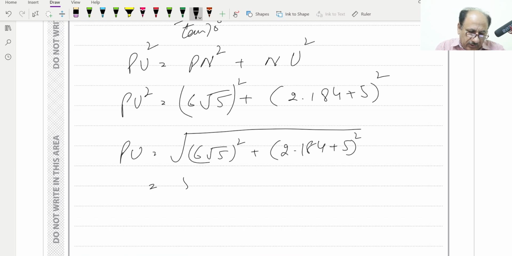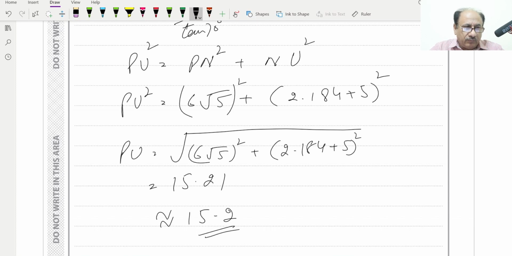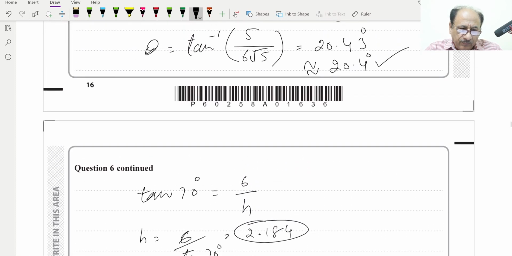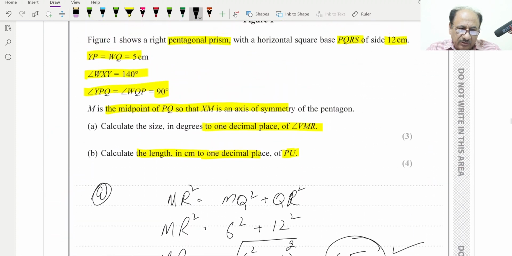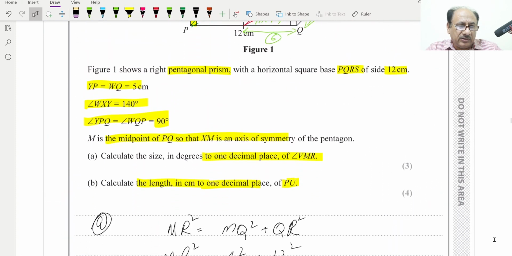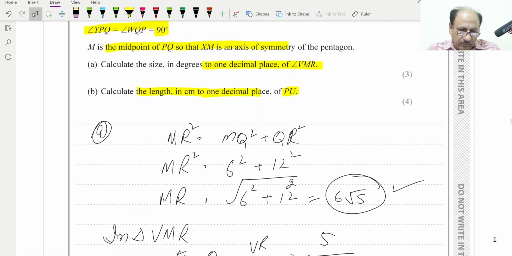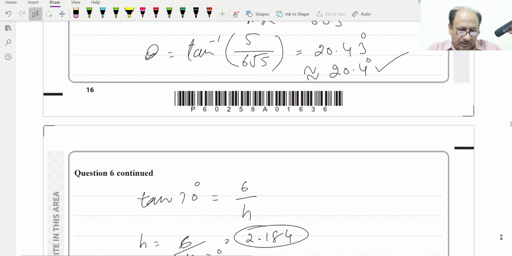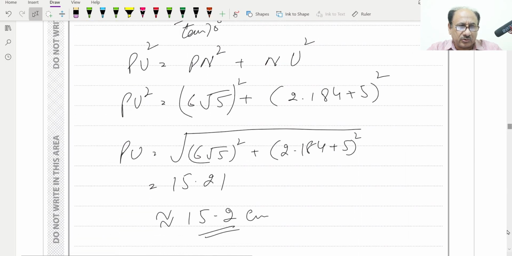15.21, and up to one decimal place we can write it as 15.2 centimeters, because the rest of the measurements in the diagram they have provided are in centimeters. Now this is done. Now we can move to the next question, which is